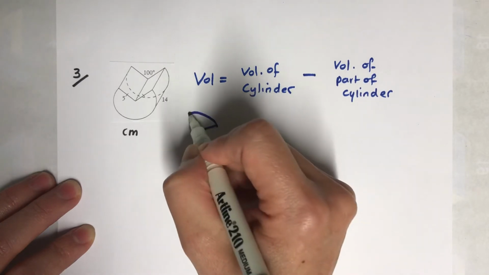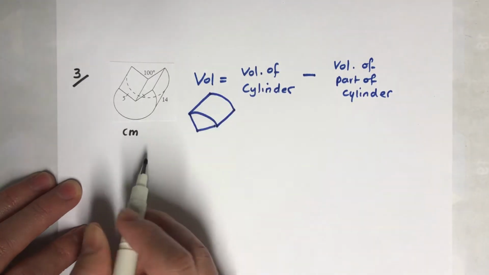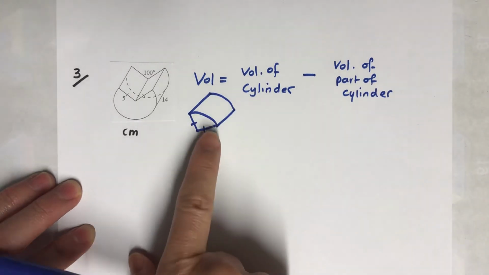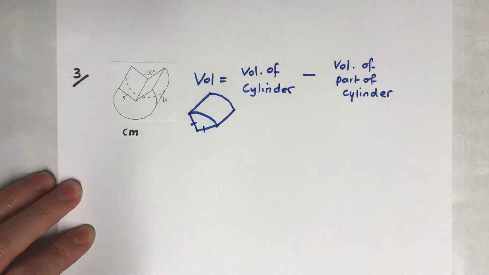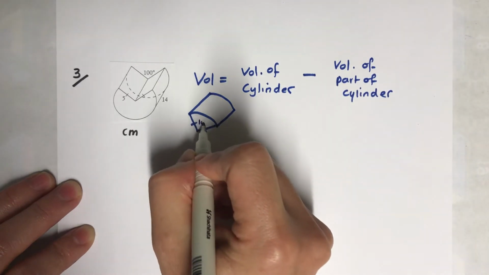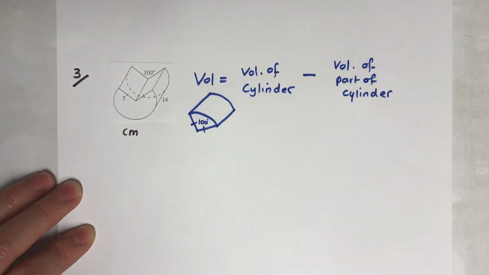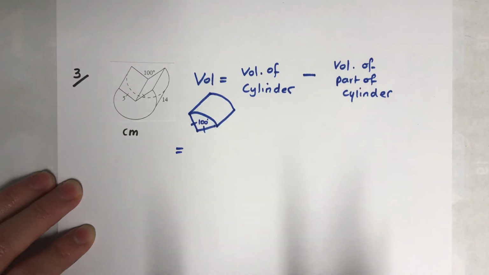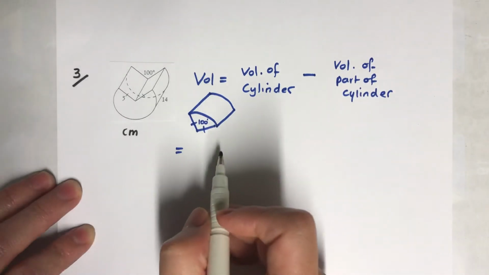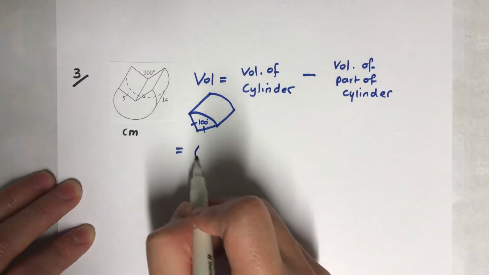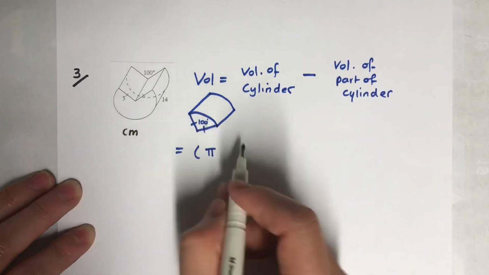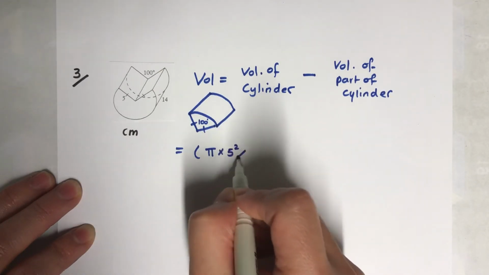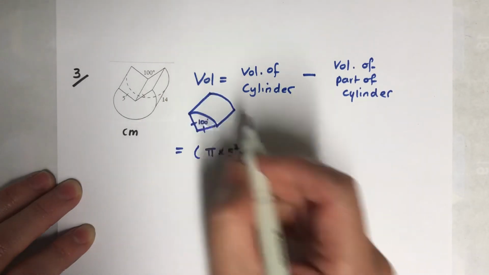It looks like this, guys, isn't it? It looks like that. So it's not a triangular prism, it's actually part of a cylinder. So that's about 100 degrees right there. It's not 90 degrees, so it's a cylinder with about 100 degrees. Okay, so what I'm going to do here is I'm going to go pi r squared. So what's r here? It's 5 squared times the height is 14,